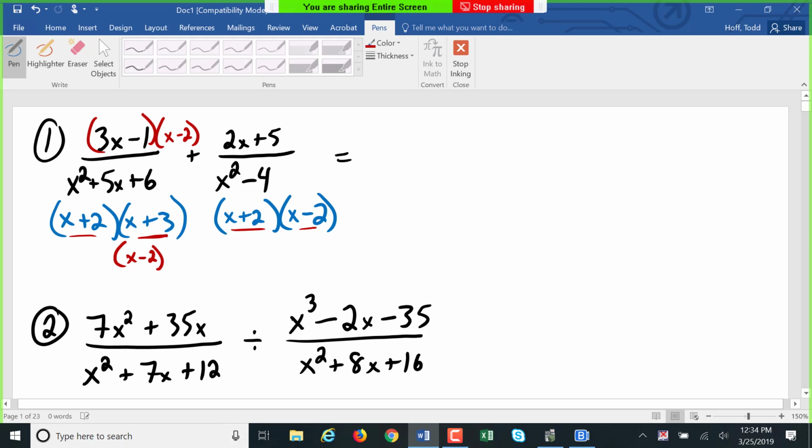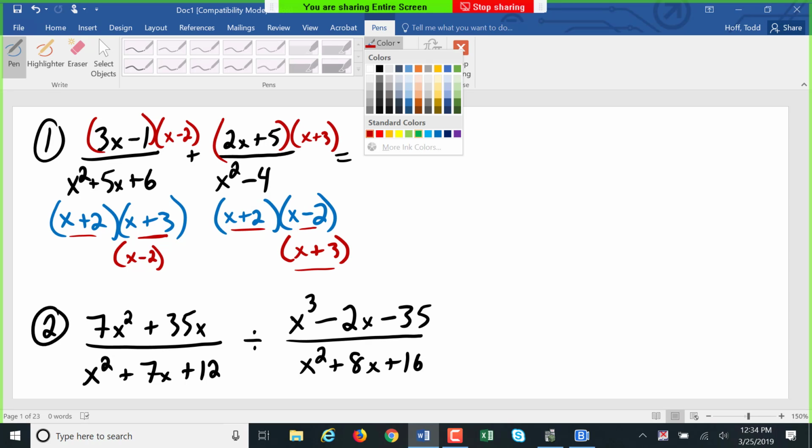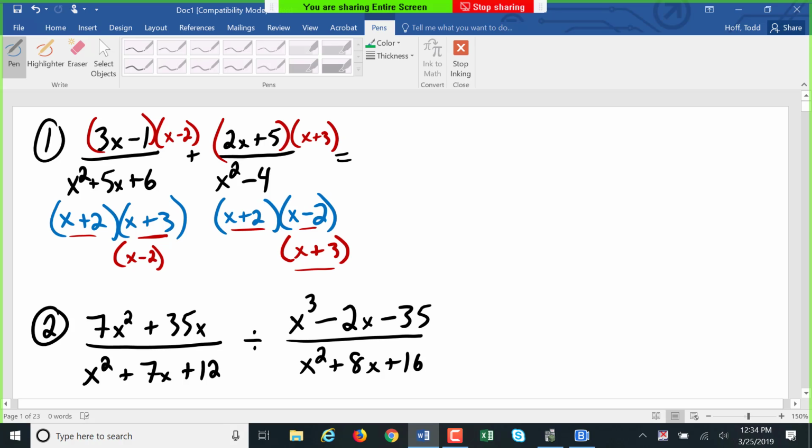This one has the x plus 3. The second one needs to have the x plus 3 in it. So we multiply by that on bottom here and on top as well. So now we have to multiply out 3x minus 1 times x minus 2, which will be 3x squared minus 7x plus 2